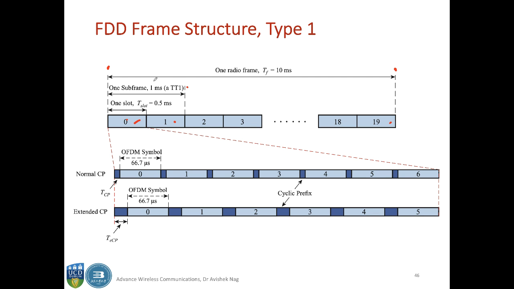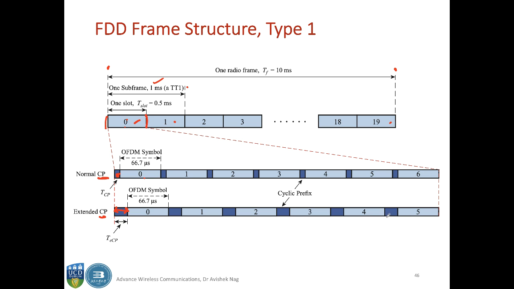Okay, so you can have 10 subframes, or in other words you can have 20 slots which are numbered 0 to 19. Now if you zoom into one of these slots, then if you use normal cyclic prefix, you can have 7 OFDM symbols, 0 to 6. But if you use an extended cyclic prefix, then you can have only 6 OFDM symbols, 0 to 5, because this length is fixed. So depending on your cyclic prefix length, you can have either